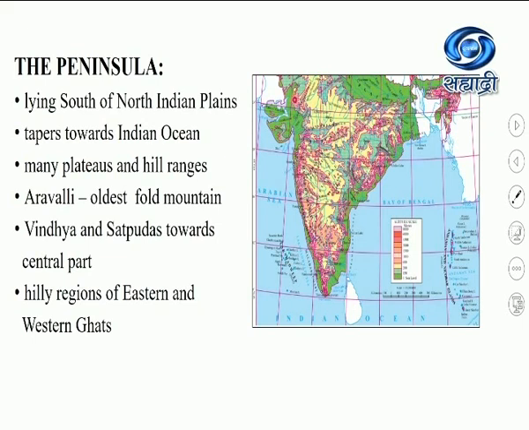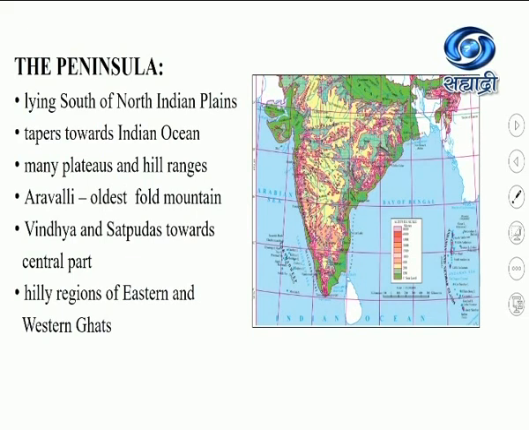So, Aravali is towards the west, the Vindhya and the Satpuras are in the central part of the Indian Peninsula. Then the bordering regions of the peninsula are highly hilly regions. One is towards the west and another is towards the east, respectively known as the Western Ghats and the Eastern